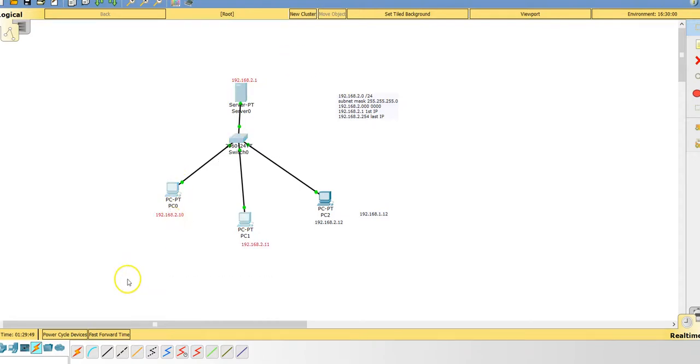Now we can build this so that A, B, C, D can communicate, and we finish the basic configurations of the router. So the basic configuration,